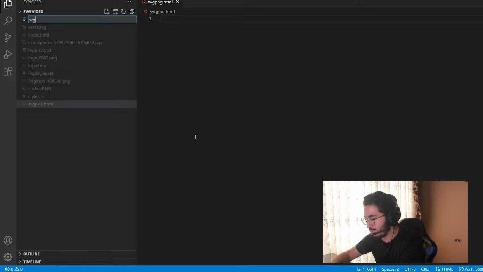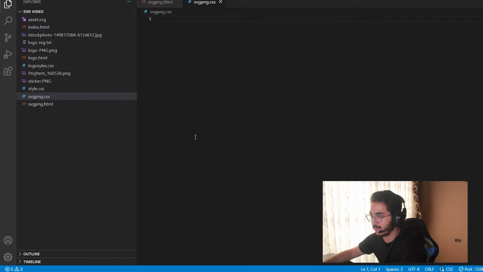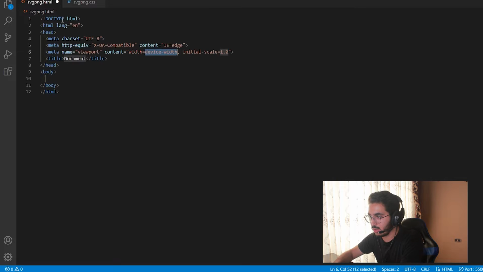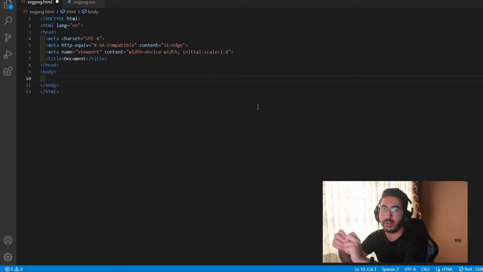So I'll have svg-png.css, alright. So let's get started. For that, I'll just do this, and I will have two containers. Container number one will have a PNG image in it, and container number two will have an SVG